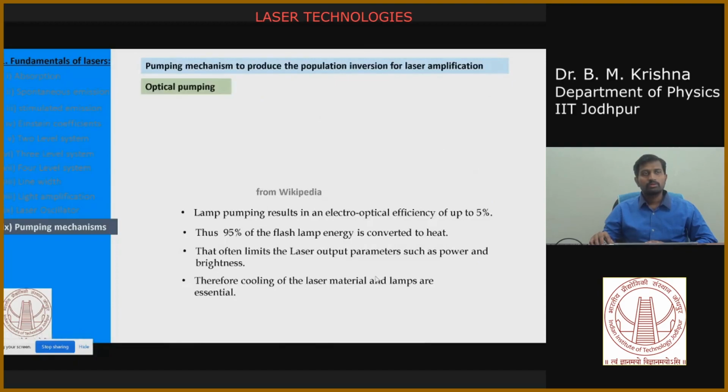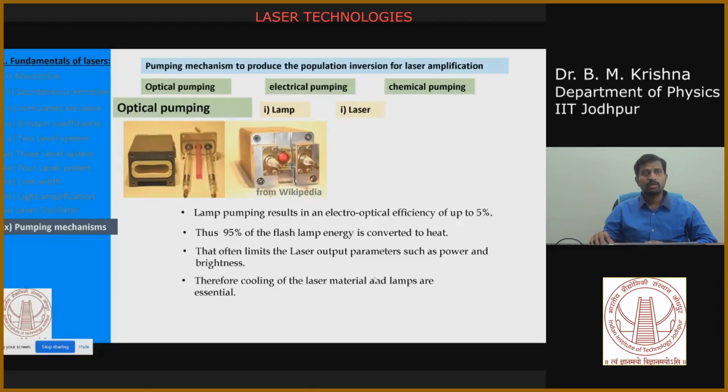Now, in optical pumping, the lamp has a few disadvantages. This is another configuration of your Nd:YAG laser system. You have a laser medium crystal, and two flash lamps exciting it from two opposite directions. This is the whole assembly, and the one on the right-hand side is the fully assembled one. You supply electricity to run the flash lamps, and your lasing comes from the middle port.